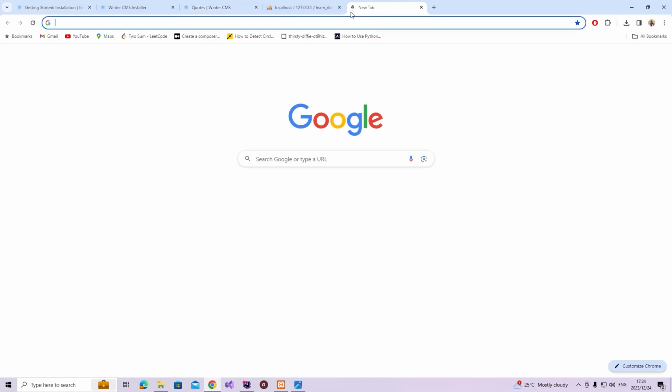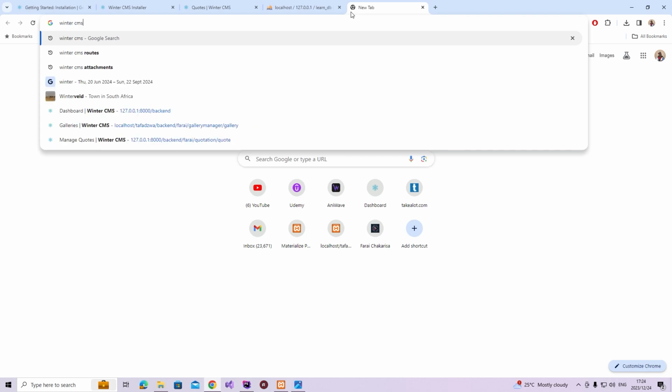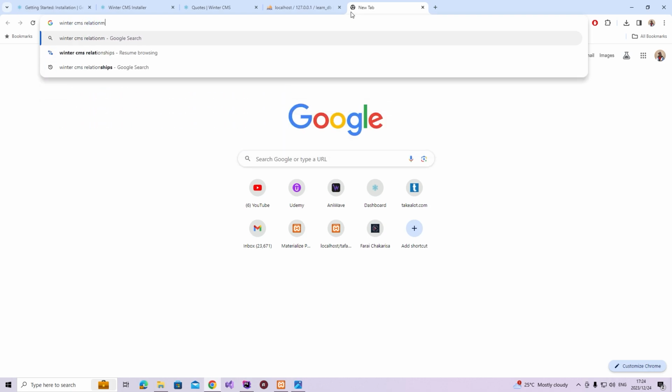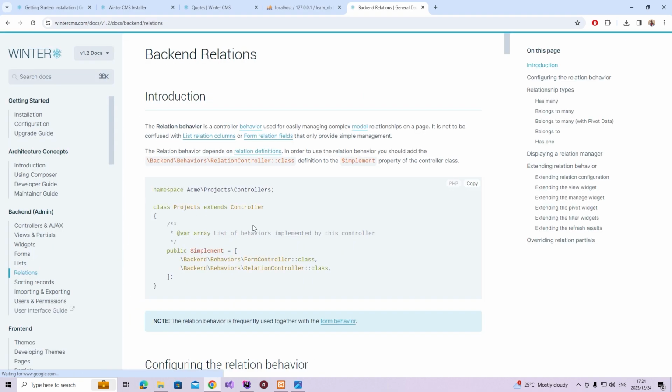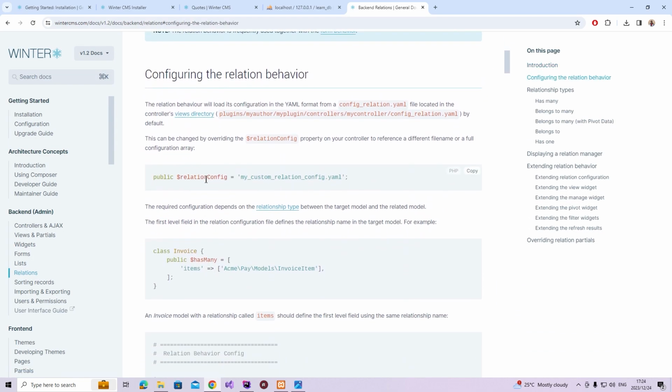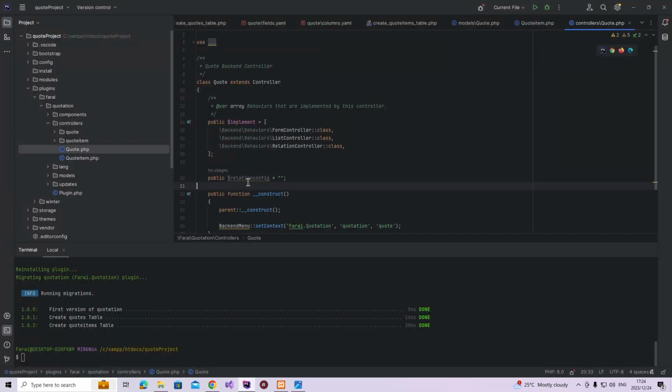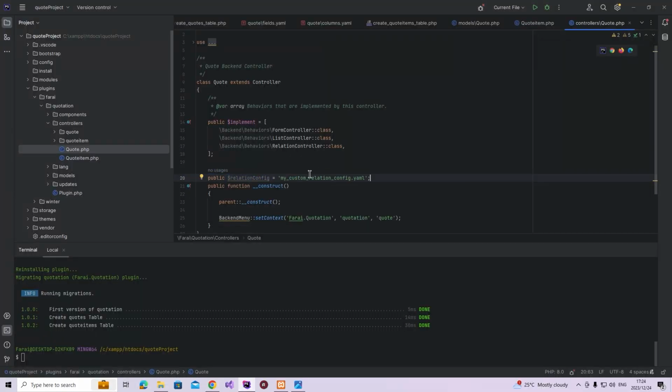So I'm going to go to Winter CMS relation. And then when I do that, I'm going to come to backend relations. And then I'm just going to check here how it's a relationship config. Then that's how you spell it. So I'm just going to copy that from the Winter CMS site, take that example, quickly put it here and manipulate this to